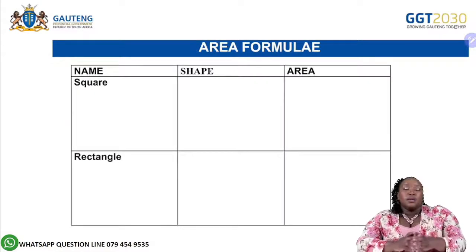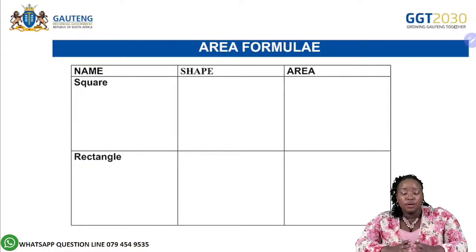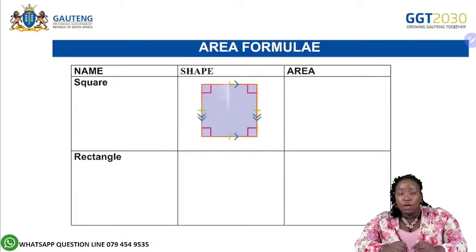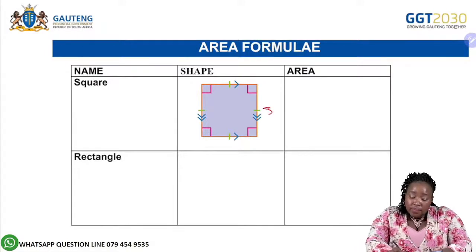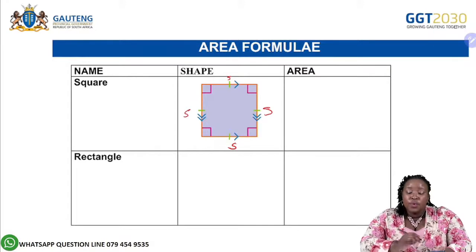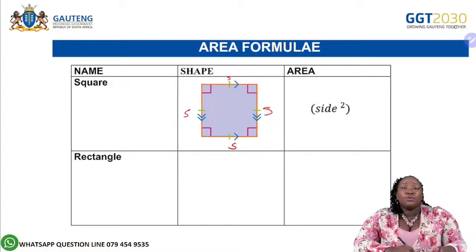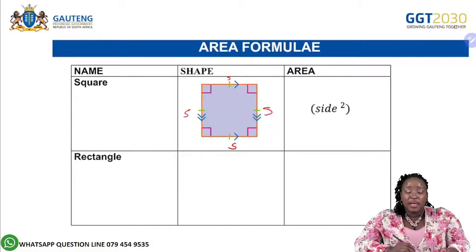All right, now we get to the formulas that we use to calculate the area of some of our shapes. Starting off with a square. You know, a square is a regular polygon. All the sides are equal. So you can have side and side, side here, side there. They are all just equal, right? So your area will be equal to side squared. And then a rectangle